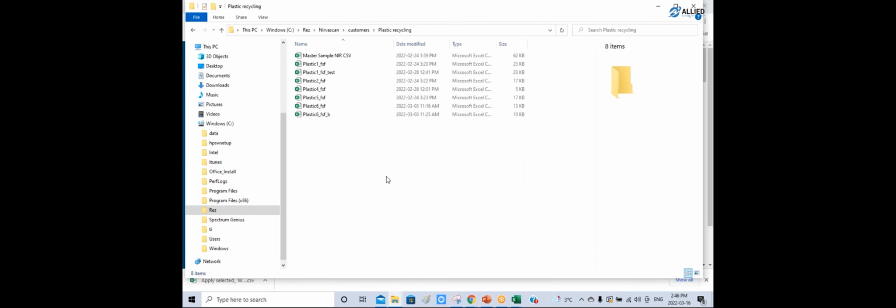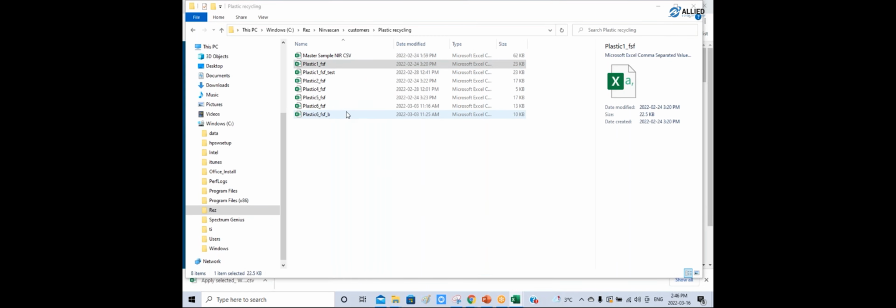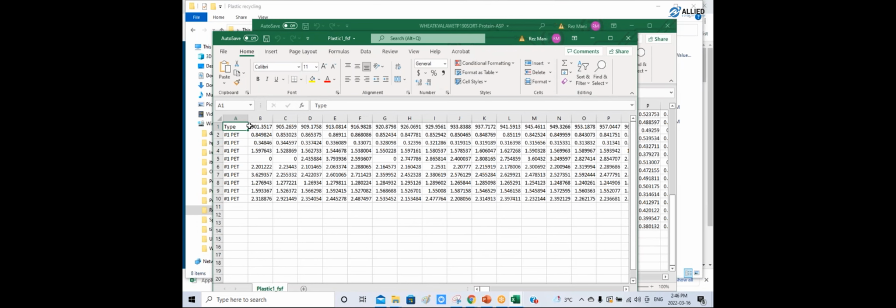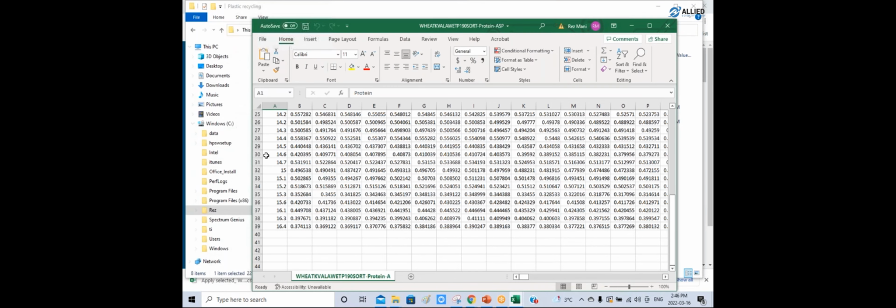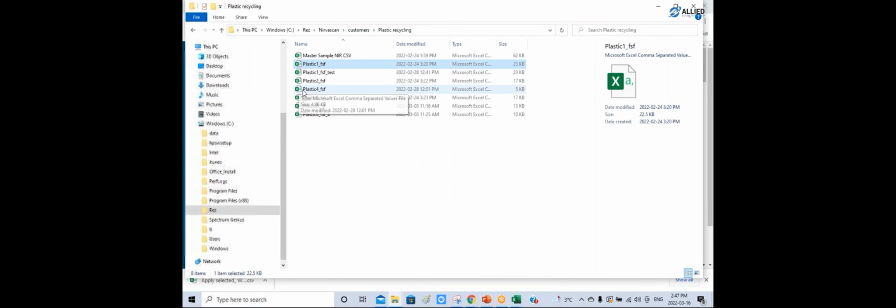So each file of different type should be in one Excel sheet. So this is plastic type 1 is in this. You can see it's only type 1, and all the spectra are given here. The wavelength is on the top, and you also have type 2, type 3. So for different types of plastic, the spectra are in different files,